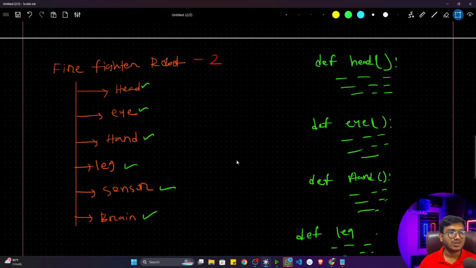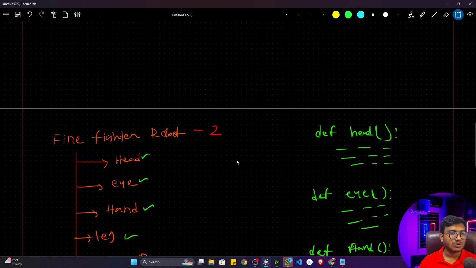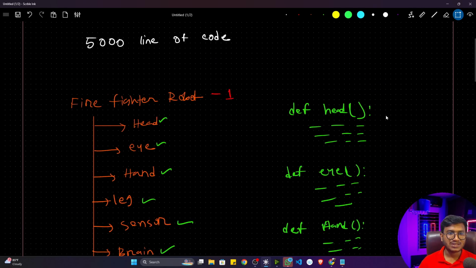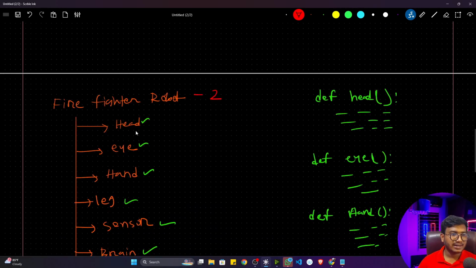Now one issue I think you will observe: whenever I created robot 2 functionality and created all the components one by one with the help of functions, this will mismatch together. You can see this is my robot 1 functionality called head. For robot 2 functionality I created another head, it is here. Now I think you know inside one file I can't define 2 heads. I can't define the same name of a function. It's not possible. You have to use a different name.